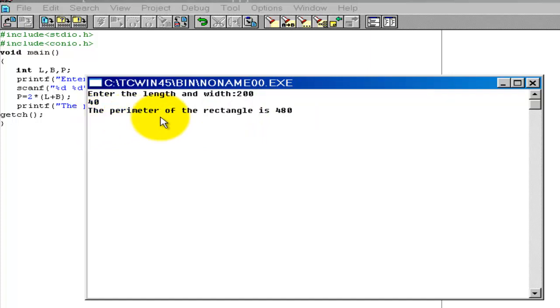The perimeter of the rectangle is 480. Okay,